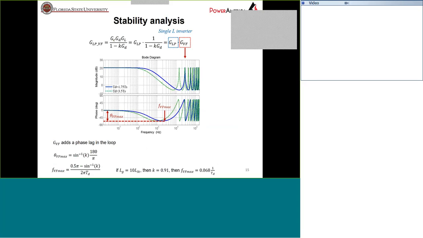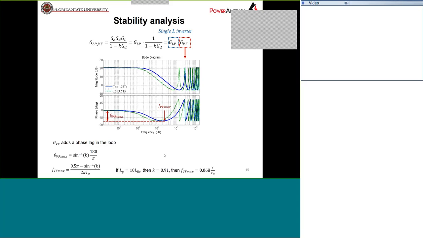If we draw the Bode plot of this GVF, we can see that what this GVF does is it has a gain, which is not a big issue because we can always cancel that gain with the controller. More importantly, it provides a phase lag here at the middle frequency. And we can even derive what causes this phase lag. We can see that the phase lag is purely caused by K, which means LG over L. And the place where this phase lag happens is determined by K and the total delay in the loop,